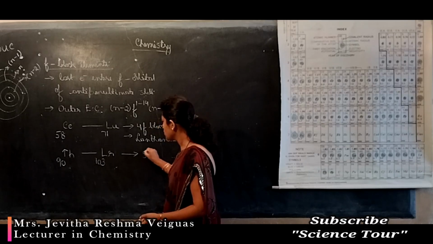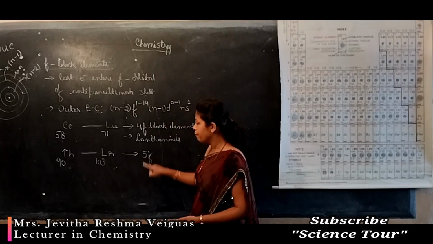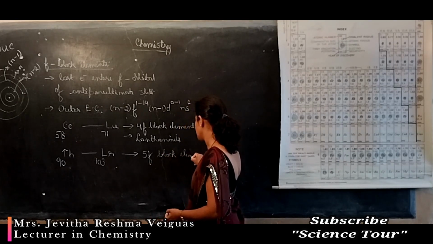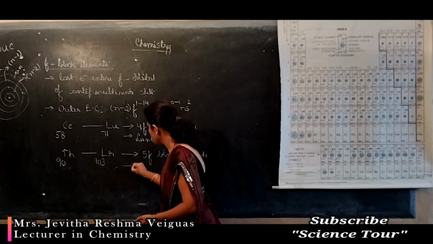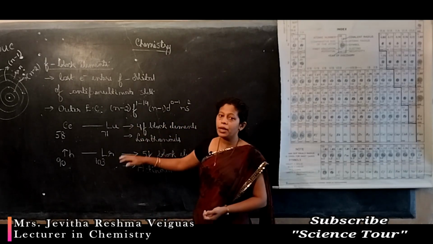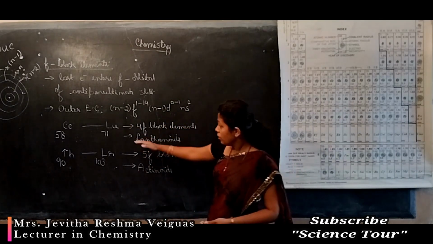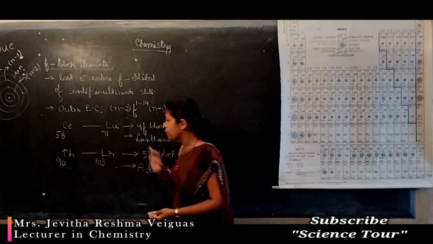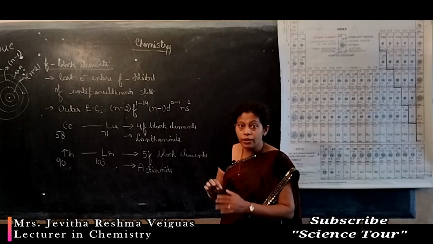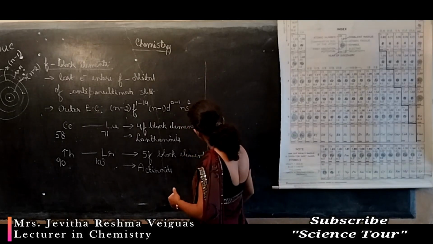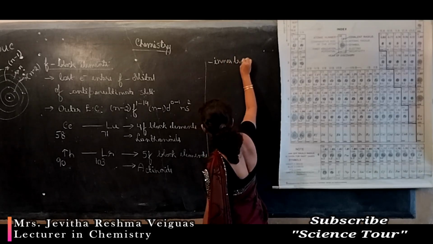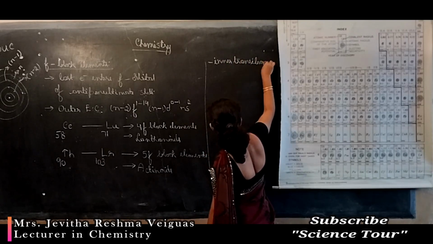These are the elements where the F orbital of the fifth shell is successively filled, hence these are called 5f block elements, or these are also called actinoids. These two series which are kept at the bottom of the periodic table, cerium up to lutetium and thorium up to lawrencium, are F block elements which are kept at the bottom of the main periodic table. These two series are together called inner transition series. So these elements are inner transition elements.